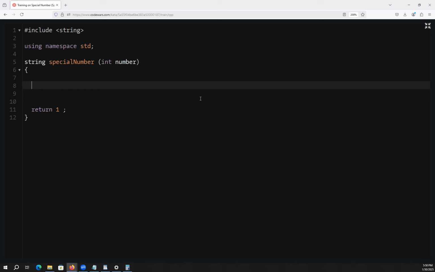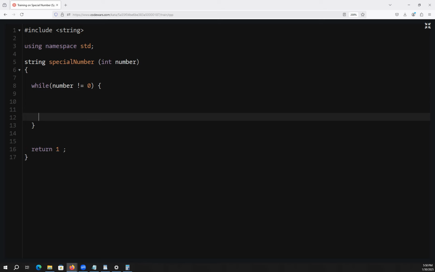Divide by 10 is going to take that number from the ones place and remove it from the number. So I'm going to take every single digit in the number and see if it's 0 through 5. If it is not, it's not a special number. If all those digits are 0 through 5, we've got a special number, my friends. Okay, so setting up the while loop, the condition is while number is not equal to 0. Really, I'm going to break this number down until it is 0, so then the loop will exit.